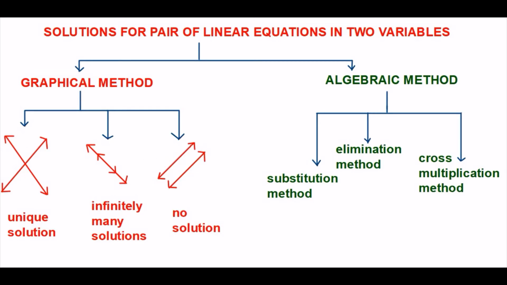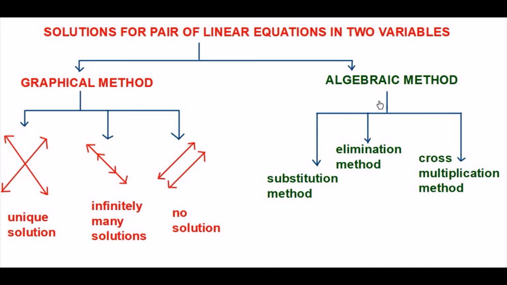So when the lines representing the pair of linear equations in two variables were intersecting, the point of intersection was the only solution possible. That is, it had only a unique solution. When you got coincident lines, all the points was a solution. That is, there were infinite solutions for x and y which satisfies both the linear equations in two variables. And for parallel lines, there is no solution. No solution means you will not get any x and y values that satisfies both the linear equations in two variables. You have seen the examples of these three types of pair of linear equations.